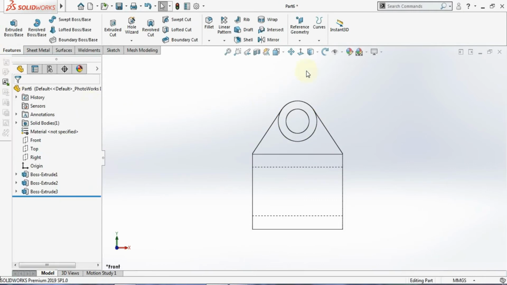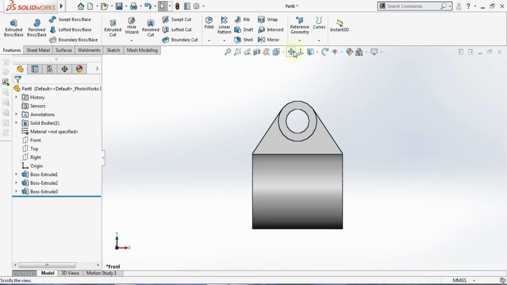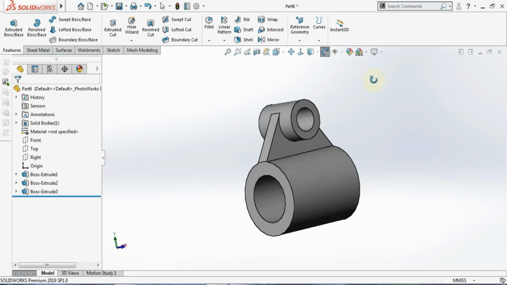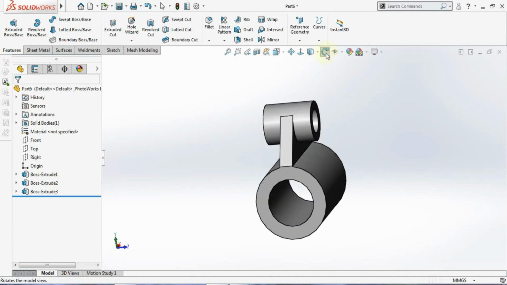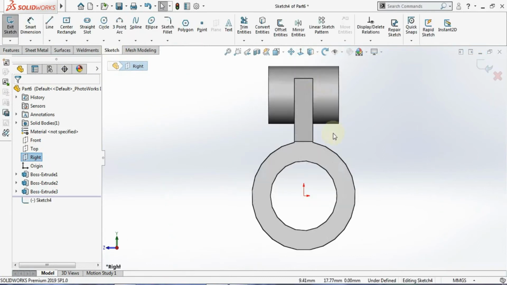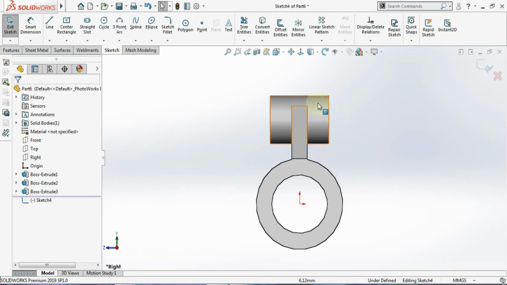Right now you can change the view mode here. Now you can see your model is like this. Next what I will be doing, now I'll change the orientation. Here you can see I'll select this right plane and click on the sketch. In the same way I will do here.